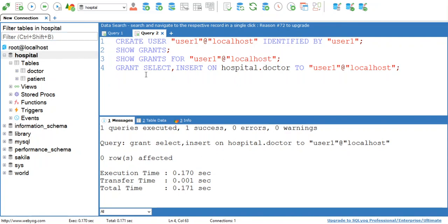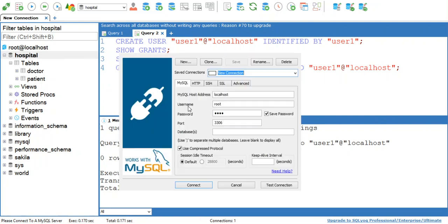Now you need to create another connection to log in with this user1. Now you can create a connection by using this plus sign. If you click on this plus sign, it will give you a new connection window, or you can use this shortcut icon for creating a new connection, or just go to the file menu and click on new connection menu.